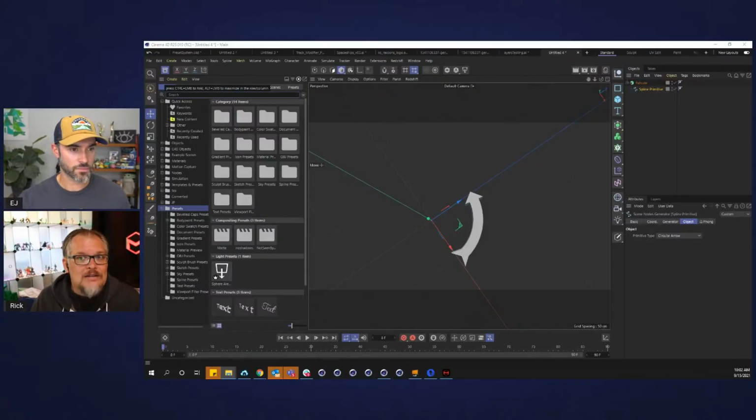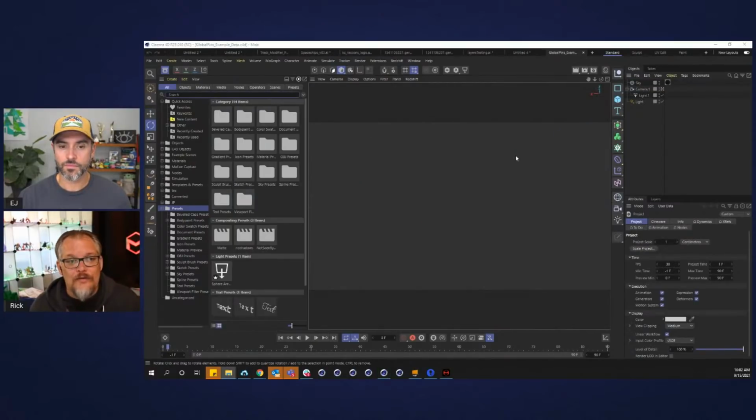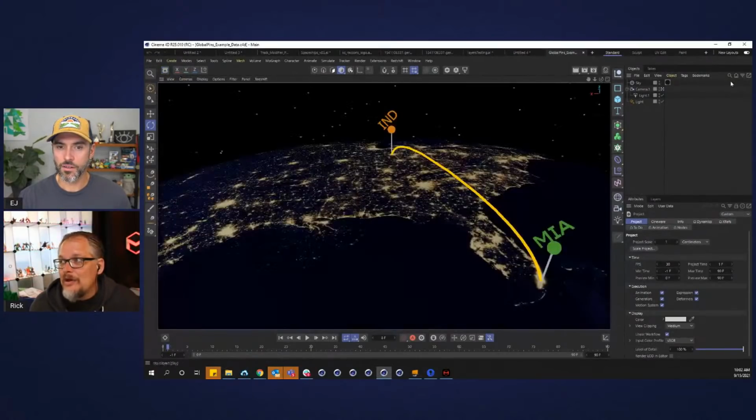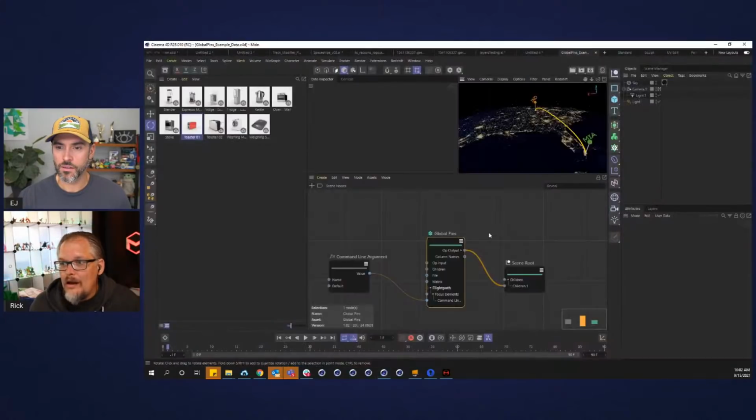And also it provides a lot of powerful templating capabilities for users. I know our motion graphics users often have to do versioning and things like that. And if you can pull stuff straight out of a database, that's super handy. So one of the assets we built here is this global pins asset, which allows you to create